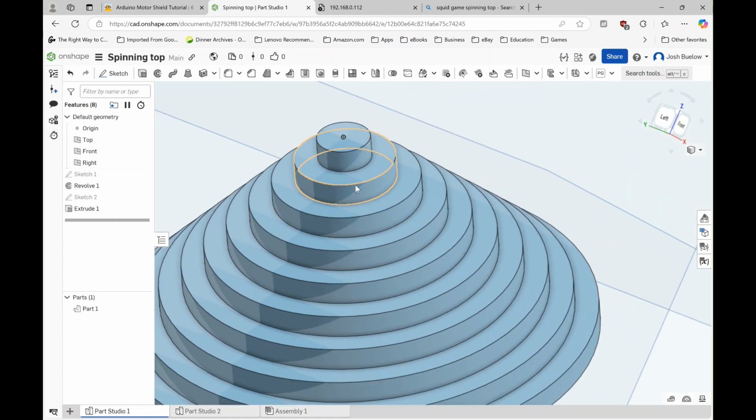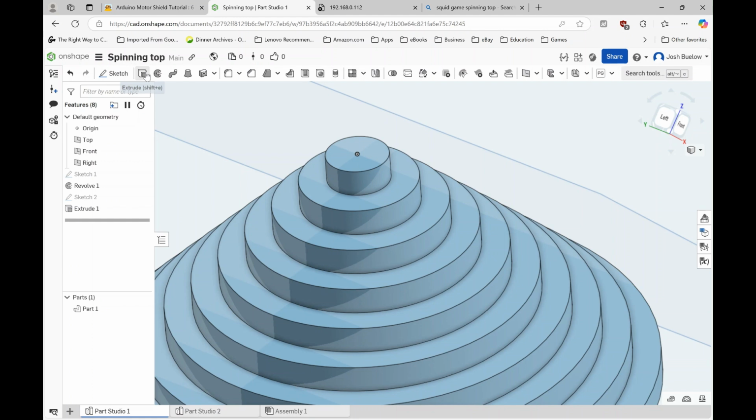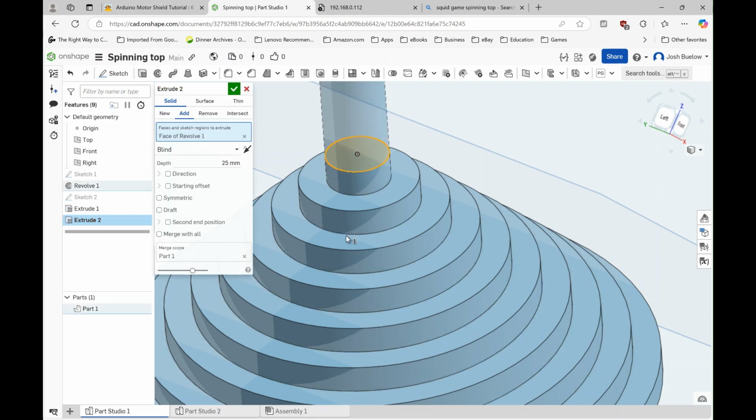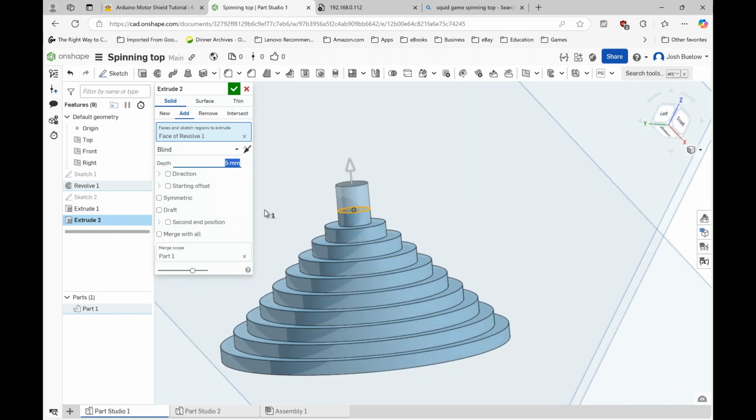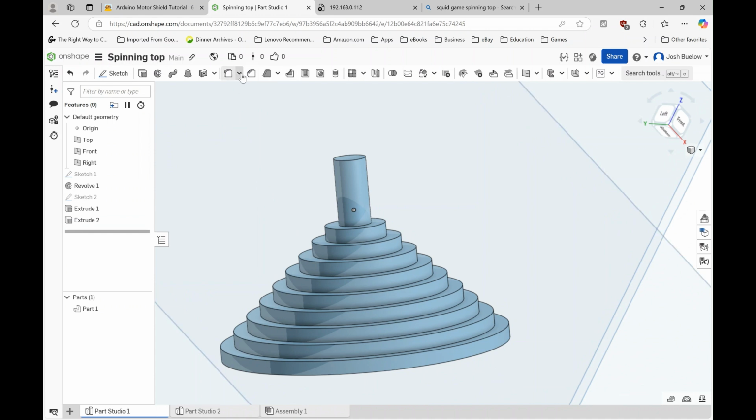Probably the easiest way to do it is to just extrude this right here. You already have your circle. You can just click extrude, click your circle, and we're just going to extrude that. Let's see what 5 looks like. 5 millimeters. That's probably not quite enough. Let's go 6. Let's go 10. Yeah, we'll go 10, and then you can just chamfer it